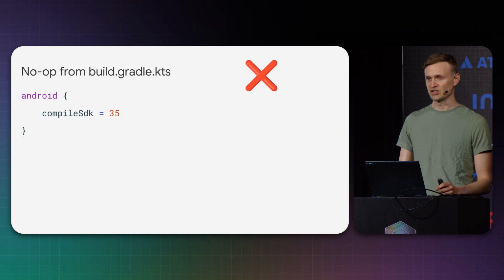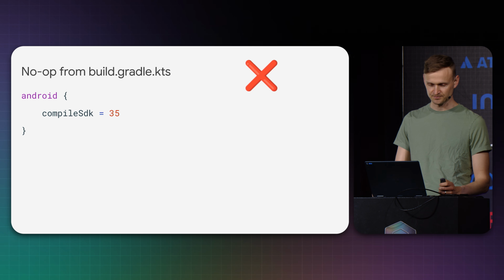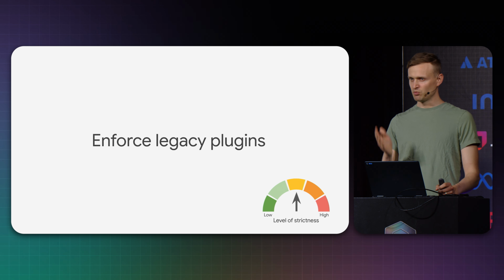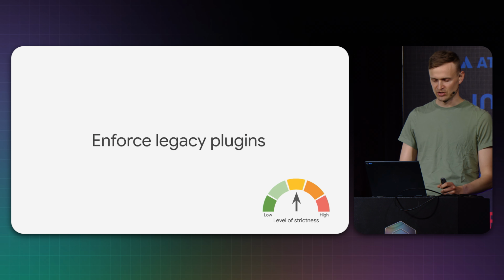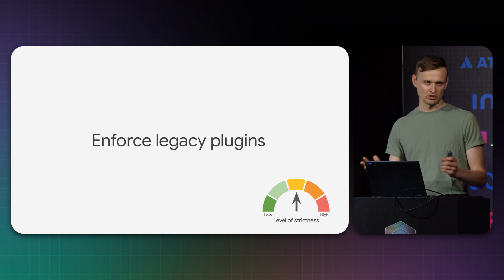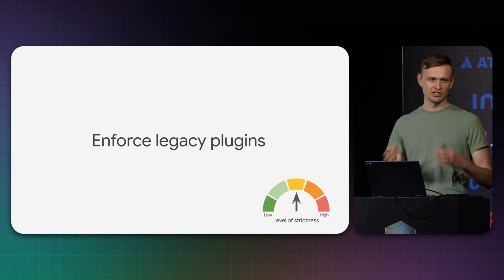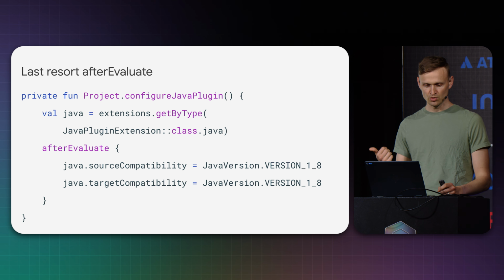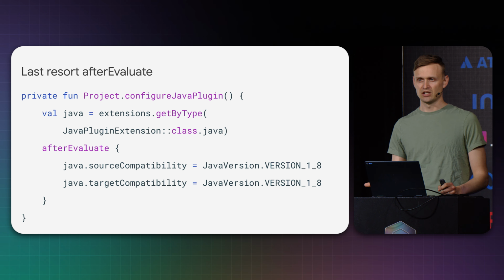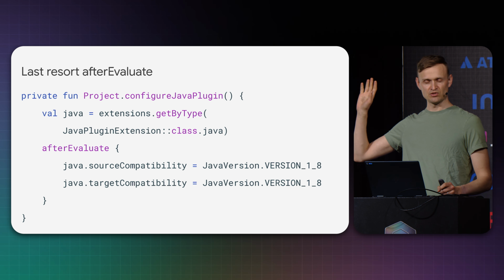It has to be 36 because that's what we decided as a company. All right. And now we get to the point of what happens to all the other plugins. What if you're using something that's more legacy and doesn't have the lifecycle method of finalize DSL and it doesn't use properties? So you can use afterEvaluate, which normally I would say never use it, but this